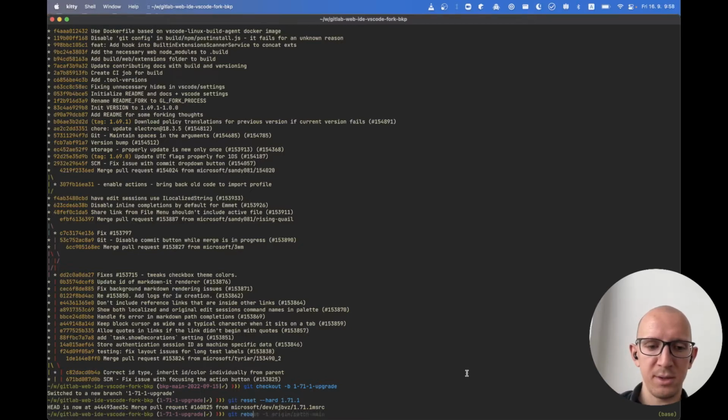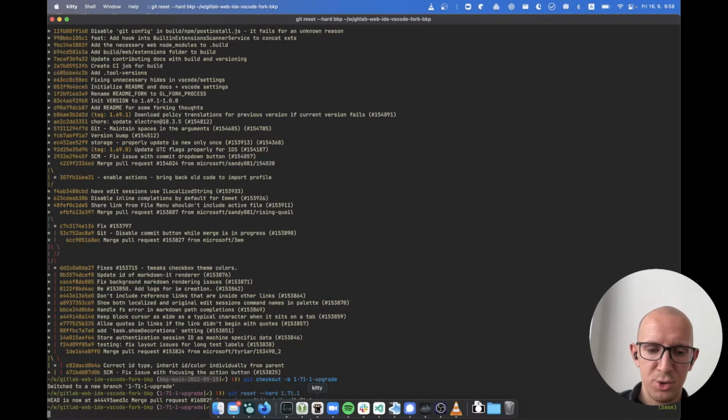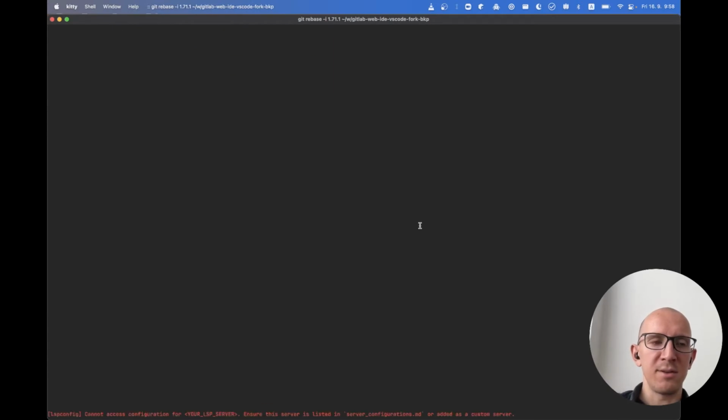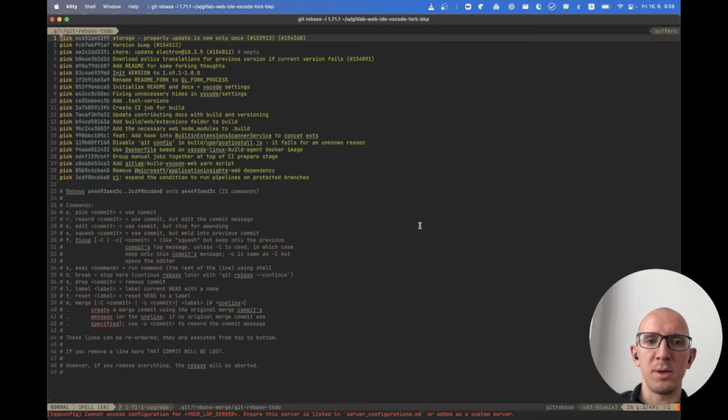And how we do it is git rebase -i, and no, I'm going to go back to check out this original branch. And now I can do the rebase without having to first reset. So I'm going to do git rebase -i 171.1. Now I'll see the list of commits that I'm rebasing on top of the newest tag. And here you notice that a few of them